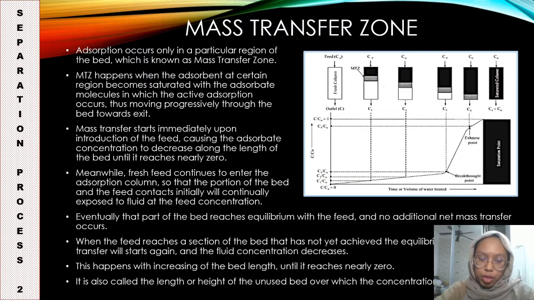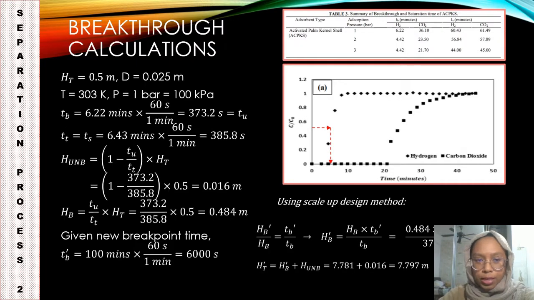The mass transfer zone happens when the adsorbent at a certain region becomes saturated with the adsorbate molecules in which the active adsorption occurs, and then it moves towards the end of the bed, towards the exit, as you can see from the diagram that we have inserted in the slide. From the parameters given, we can find our new HT prime. So these are the steps for the breakthrough calculations. And by using the parameters and looking at the graph, we can find the new HT prime, which is